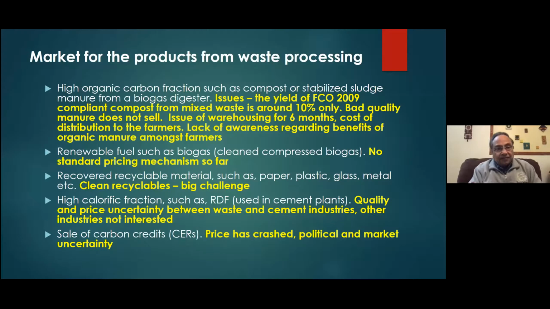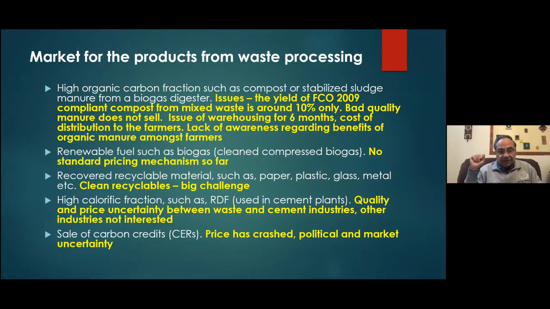Yes, now we come to the market for the products from waste processing. This is, I think, a very interesting and very, very challenging issue. Now let's first talk about the high organic carbon fraction, either compost or stabilized sludge from a biogas digester. Now, what are the issues? The issue is, which we already discussed, FCO 2009, you get a yield of 10% only. Bad quality manure doesn't sell, and it is illegal to sell bad quality manure, which is not compliant with